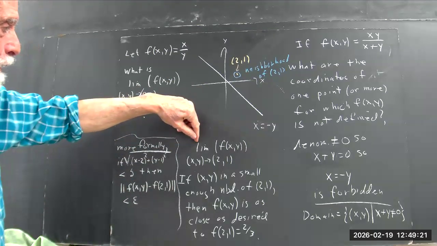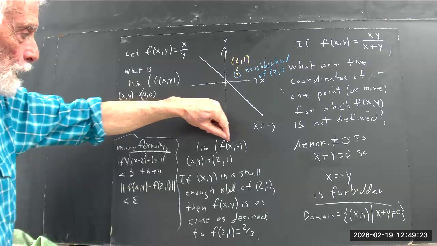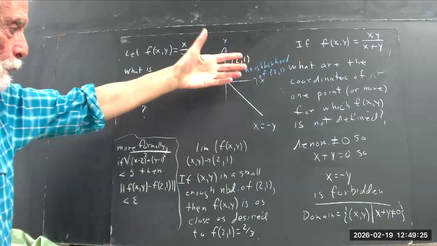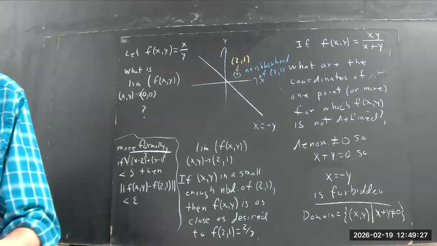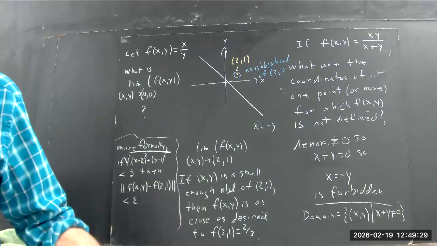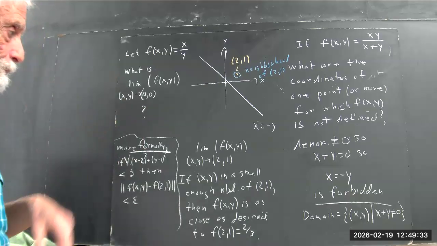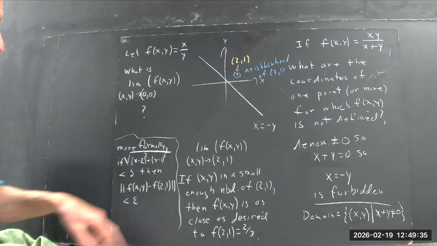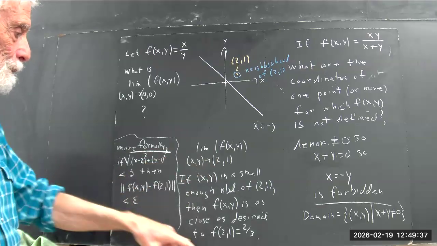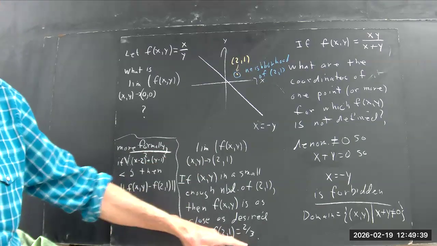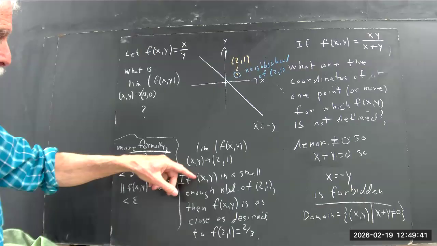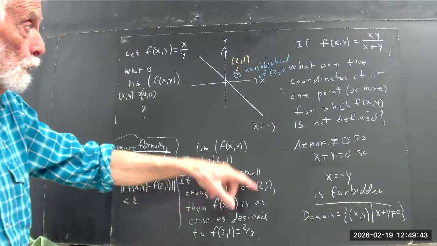What I said was, the limit of f of x, y as x, y goes to 2, 1. What is it? Now, I think I probably posed that and then paused and didn't turn the recorder back on. Well, the limit is 2/3. And what I said was, if x, y is in a small enough neighborhood of 2, 1,